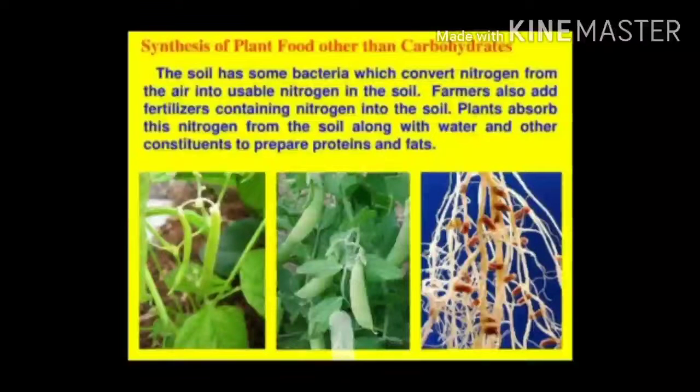However, certain bacteria such as symbiotic bacteria present in the root nodules of the leguminous plants can convert atmospheric nitrogen into soluble salts of nitrogen, for example nitrates. These salts, being soluble, are absorbed by plants through their root system. In this way, plants get nitrogen to prepare proteins needed for their growth and for the animals deriving their food from plants. Now, other modes of nutrition are: